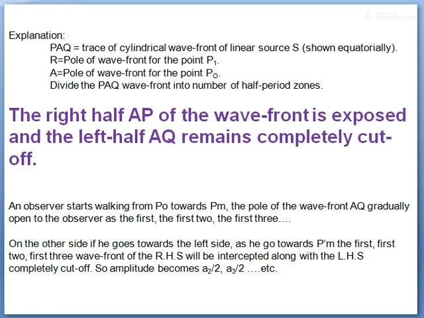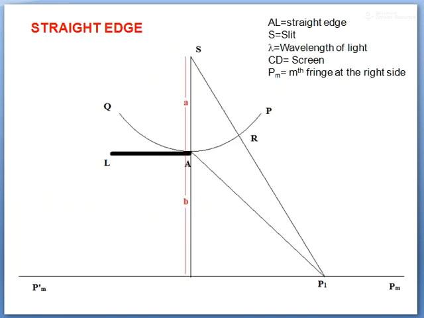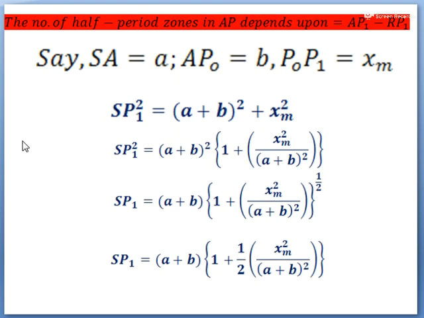Okay, on the other hand যদি সেই লোকটি উল্টো দিকে হাঁটতে শুরু করে তাহলে তার কাছে লেফট হ্যান্ড সাইড কমপ্লিটলি ক্লোজড, এবং যত সে P প্রাইম M এর দিকে অগ্রসর হবে তত ডান দিকের যে হাফ পিরিয়ড জোন সেগুলো আস্তে আস্তে বন্ধ হতে শুরু করবে। সে ধরো এখানটায় গেল, তার কাছে ফার্স্ট হাফ পিরিয়ড জোনটা বন্ধ হলো, আর সেকেন্ড হাফ পিরিয়ড জোনটা বন্ধ হলো, এইভাবে আস্তে আস্তে ইন্টেন্সিটি কমবে এবং আলটিমেটলি সে জিওমেট্রিক্যাল শ্যাডোর দিকে চলে যাবে ডিউ টু ইনক্লিনেশন ফ্যাক্টর।